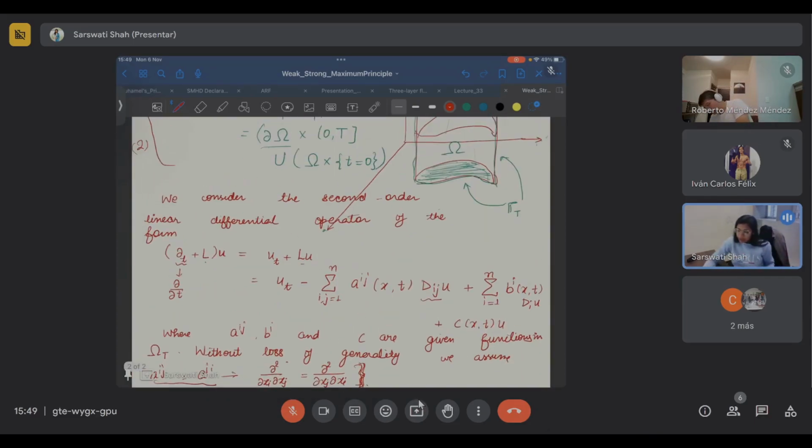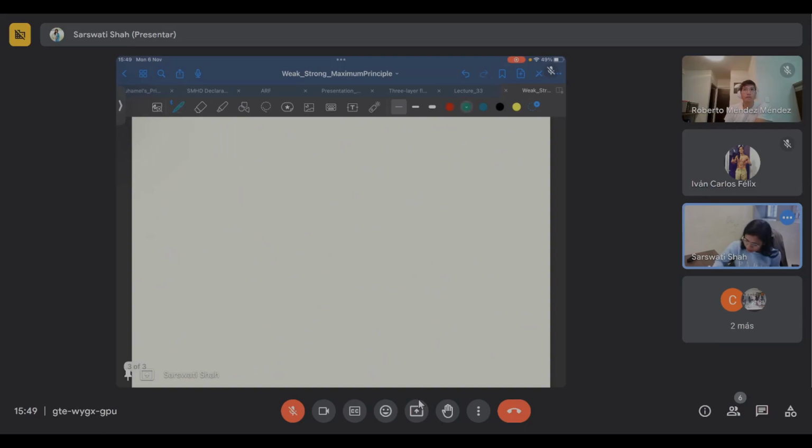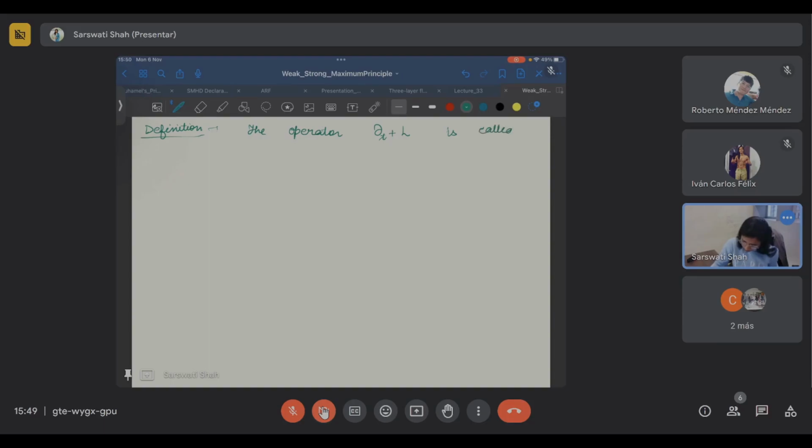Now we have the definition of this operator given by this. We are going to discuss the parabolicity of this operator: under what condition it will be uniformly parabolic or it will be parabolic. So let's see the definition of parabolicity. The operator del t plus capital L is called